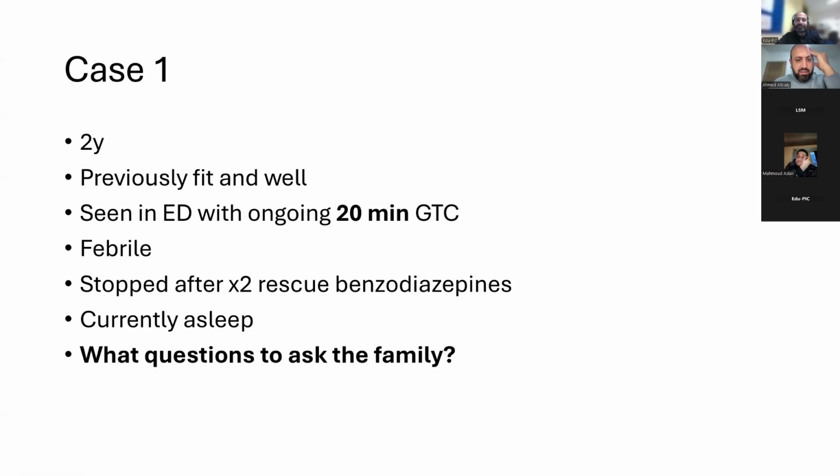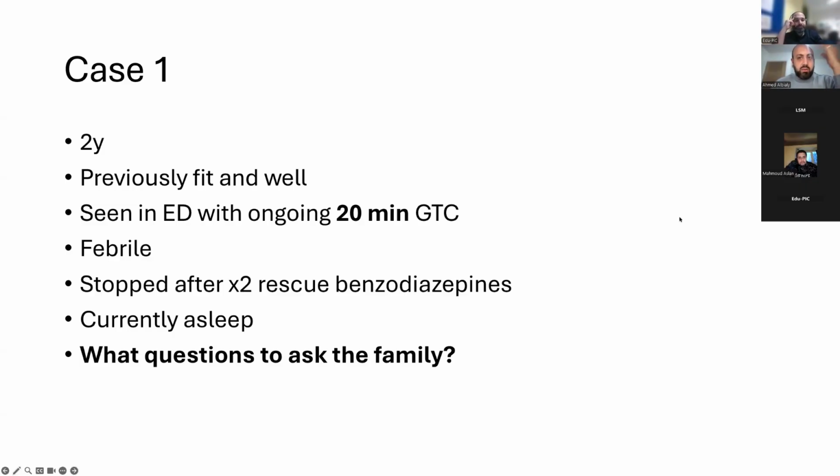Probably my learning point I would just want to highlight in this case, and this is a very frequent scenario, by the way, it's not the first time, is you go and review a child who has, everyone says or hands over to you that this is a generalized tonic-clonic convulsion, but no one will mention the onset. How did it start? So you just see the snapshot at the time of the bilateral tonic-clonic convulsions. I'm usually very minded about the onset of these seizures, if it started as focal or not. And obviously, this is for clear reasons, because it gives you some idea as well about the